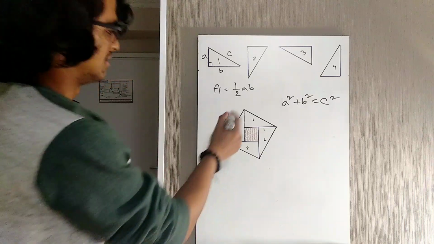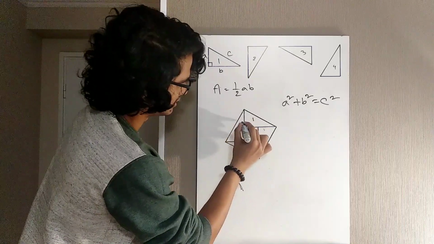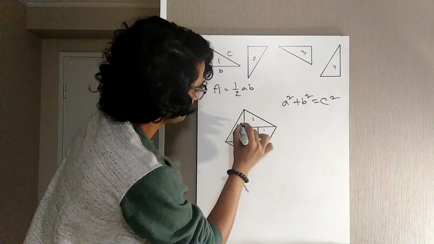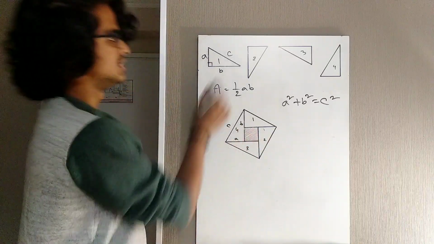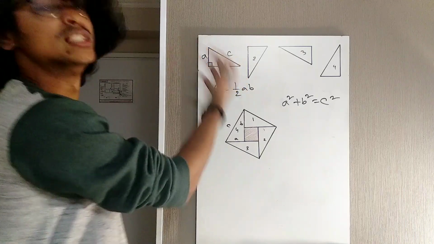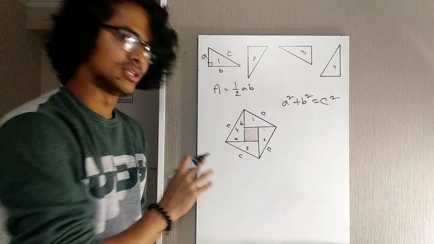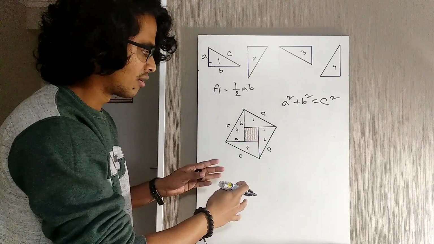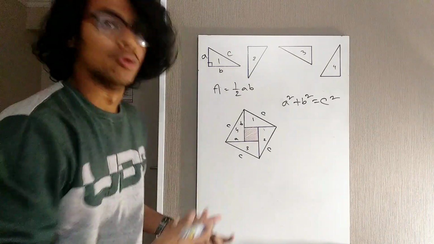Well, in this bigger quadrilateral, this side is C. Because let's say this is the triangle, and this side is A, the length of this side is A and the length of this side is B. That means this has to be C. We already assumed it to be C. So all of its sides are C. We know this. So can we claim that this bigger quadrilateral is a square? We cannot, because it could be a rhombus, right?